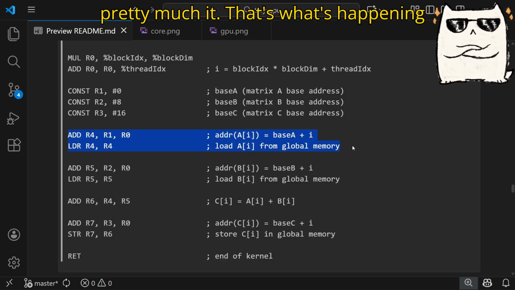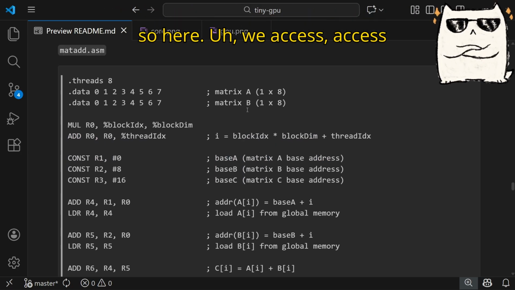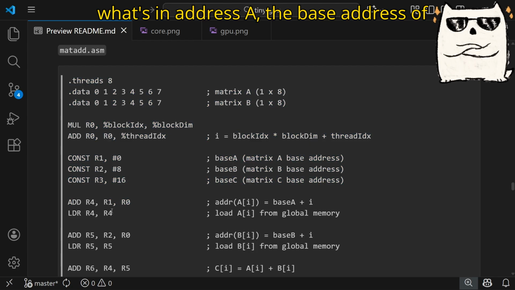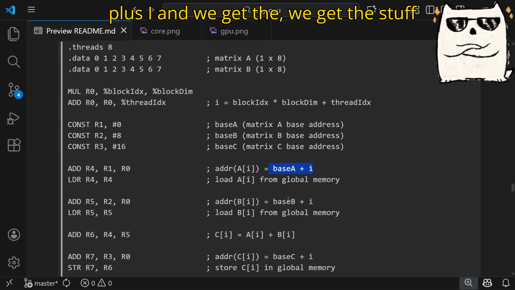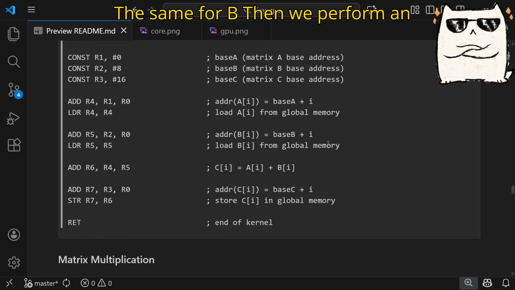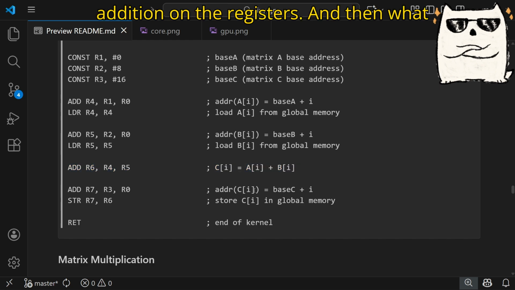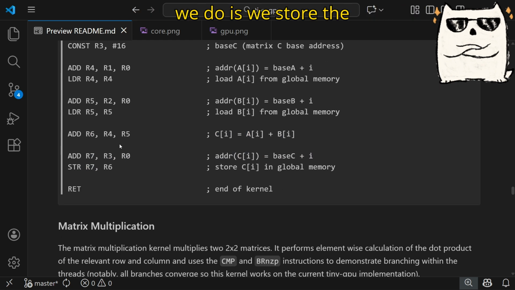Here we access what's in the base address of A. So we go to the ith address, base A plus I, and we get the data that's in memory at that location. The same for B. Then we perform an addition on the registers, and then what we do is we store the